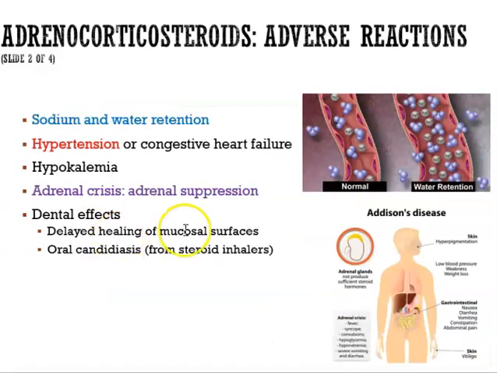So therefore, it's going to take a long time for the wound to heal inside our mouth as well. People who have asthma will take an inhaler, and the inhaler could be steroids as well, the corticosteroid inhaler. Whenever you take that puff of the corticosteroid inhaler, if we don't rinse with water, we're likely to get that white patch in our mouth, which is known as thrush, also known as candidiasis. So if they're using a steroid inhaler, we want to recommend they rinse their mouth right after they use it to prevent oral candidiasis, to prevent that white thrush in their mouth.